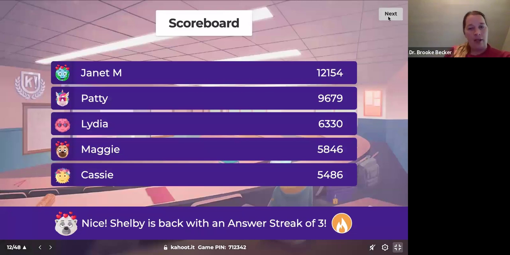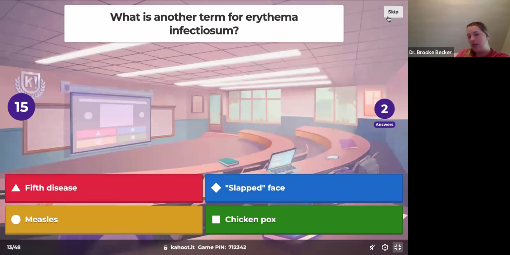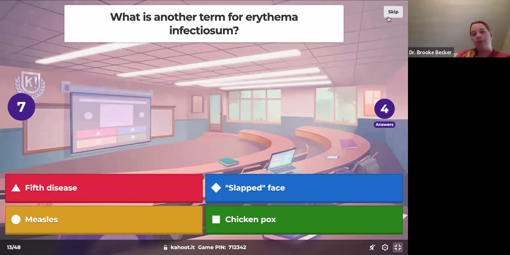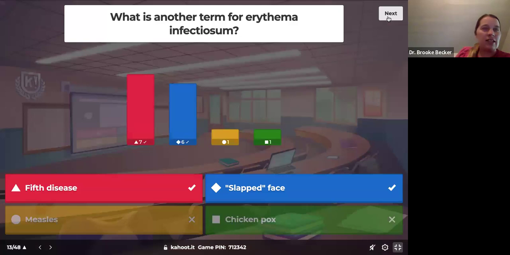Okay, multiple select. What is another term for erythema infectiosum? Fifth disease, which is red. Blue is slapped face. Yellow is measles. Or green is chickenpox. Yes, good. Fifth disease is the name for it. And then,